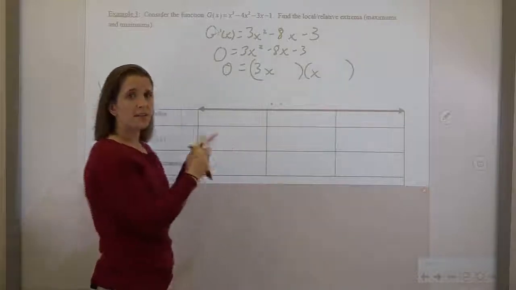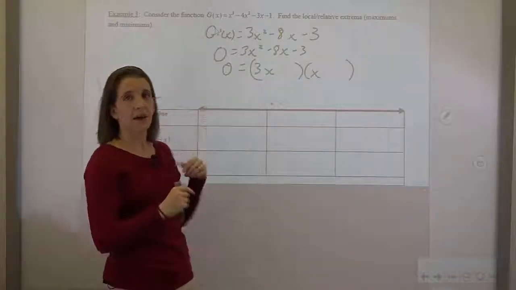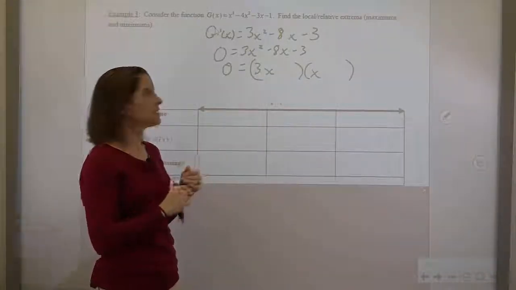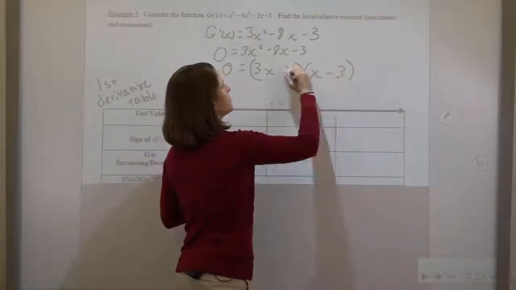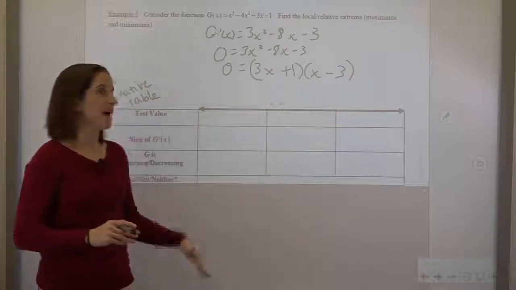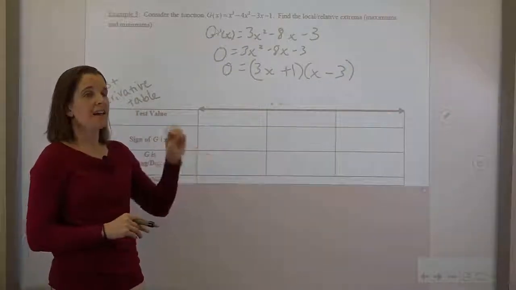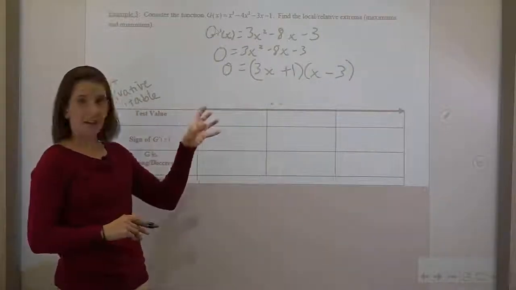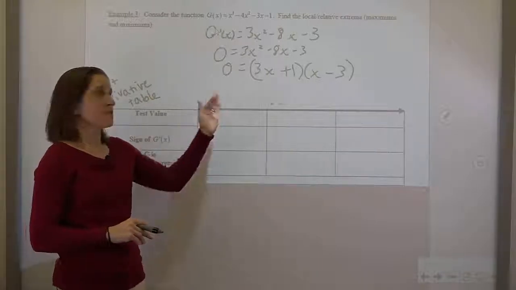So the 3x squared can only be 3x and x. The 3 in the back can only be 3 and 1, and then I have to check the negatives. And then remember, the whole rest of this problem is going to rely on these values being correct. Take the time now to double check and FOIL it back out so that the whole rest of the problem's